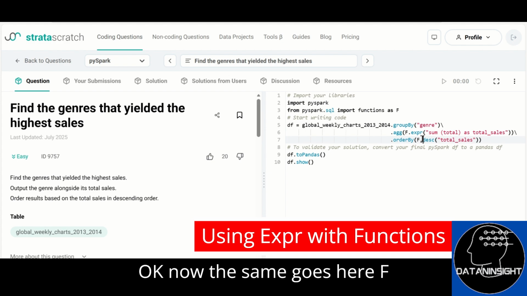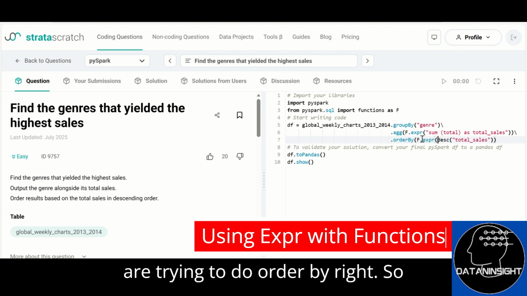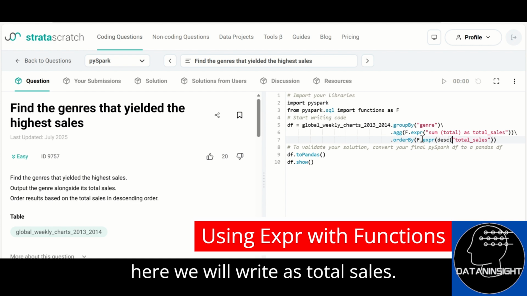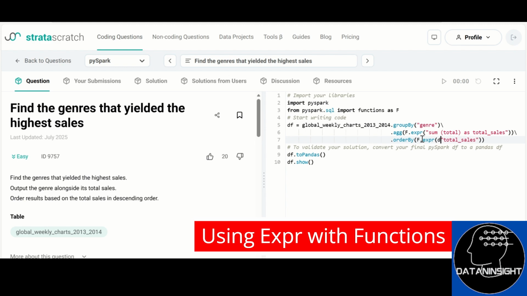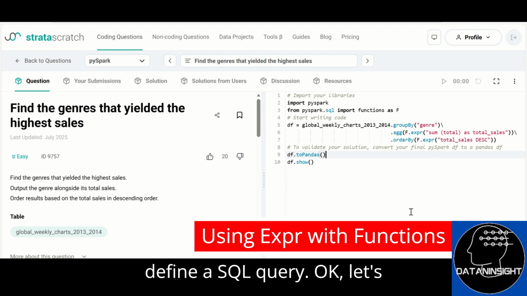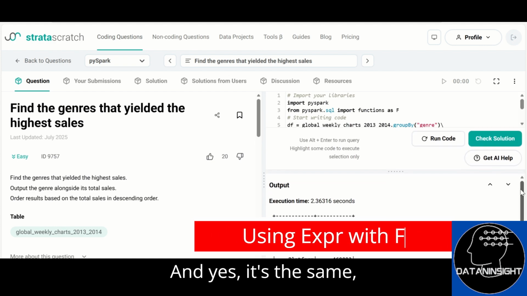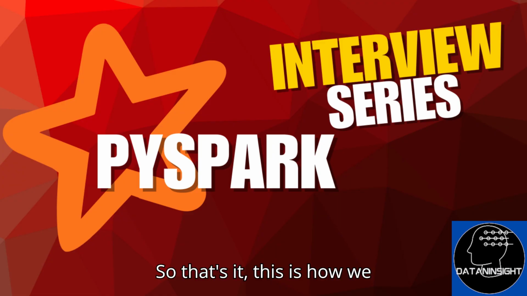Now the same goes here, f dot expr, and we are trying to do order by, so we write total sales, and this needs to be in descending order, just like how we define a SQL query. Okay, let's run this, and yes, it's the same. So that's it. This is how we can solve it, using a group by. This is the easiest